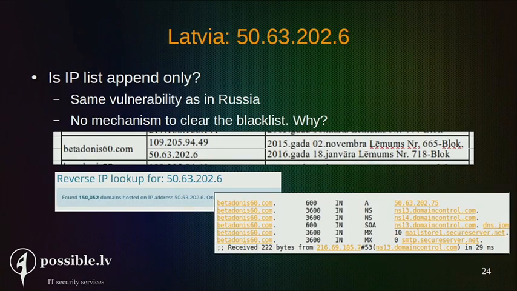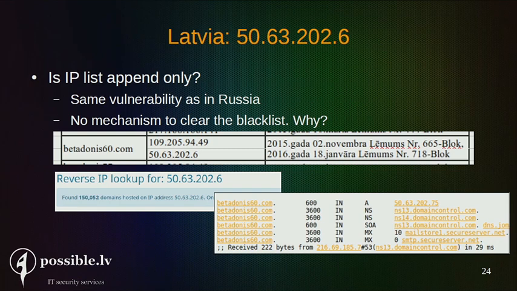This address that belongs to James Grime, that the James Grime block uses, is actually still blocked. I checked it yesterday, and some service providers still block this site. It's been blocked for almost 2 years. As you can see, this address hosts 150,000 different web pages, and many of them are legitimate web pages.